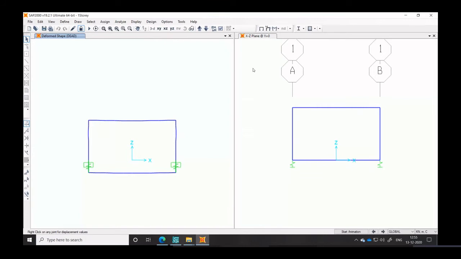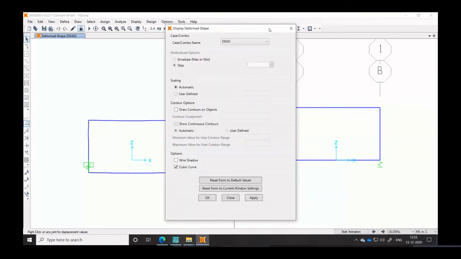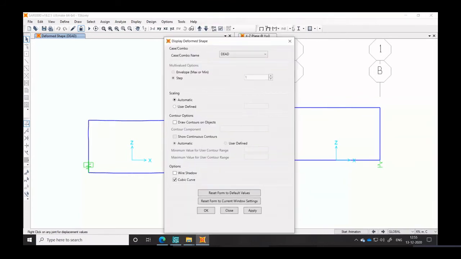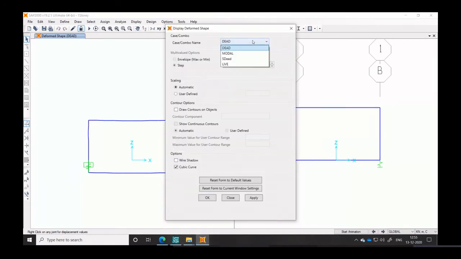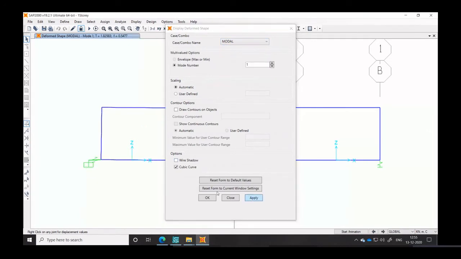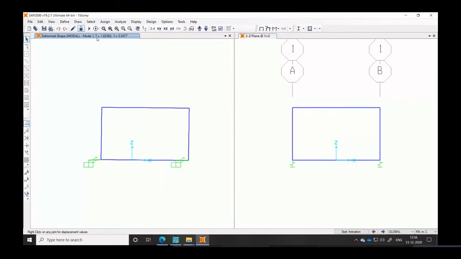I want to see the modal properties, so I will click here, Show Deformed Shape, and select Modal here, and then Apply. Now this is your first mode shape. It will show you the time period here as well. The first mode time period for this structure is 1.82.